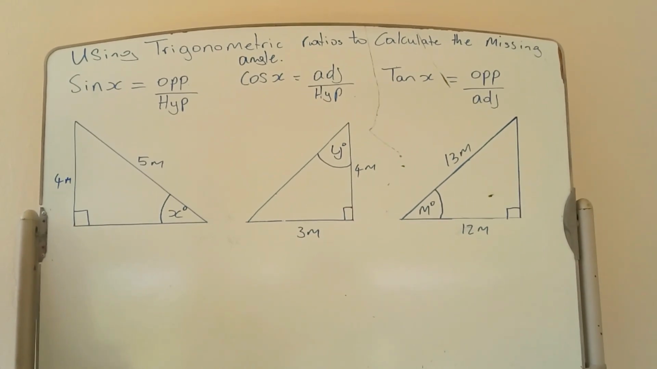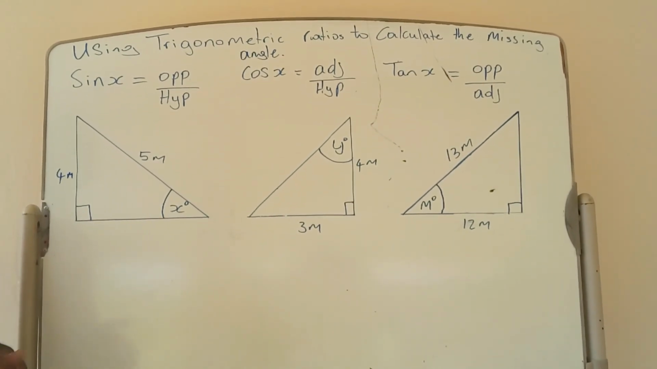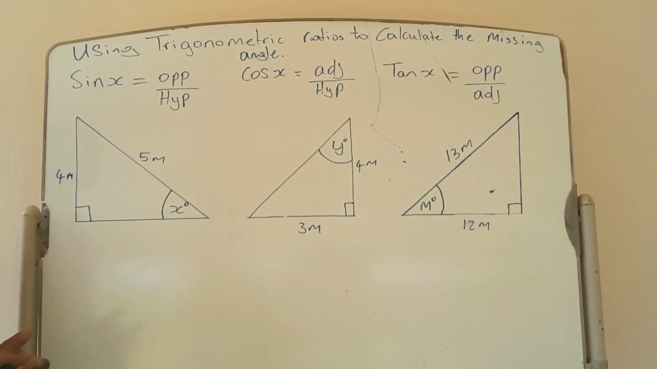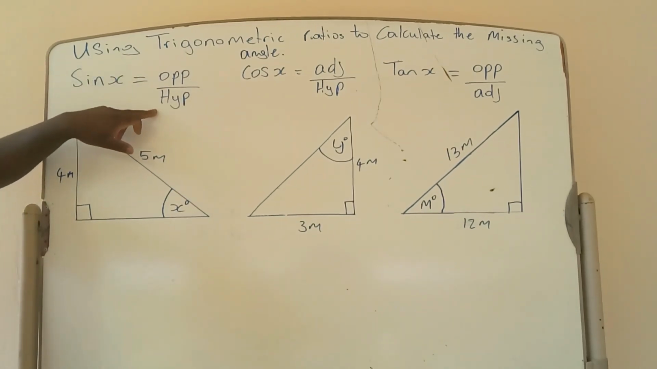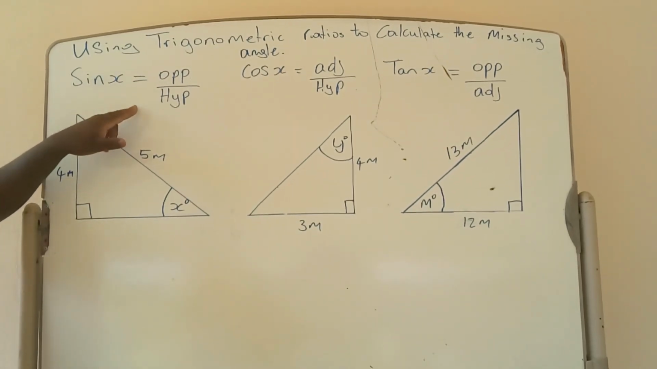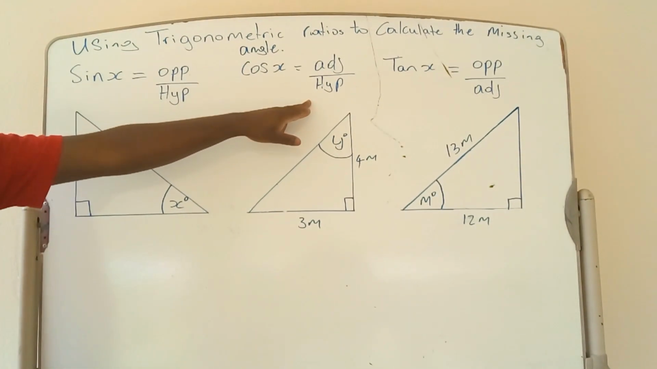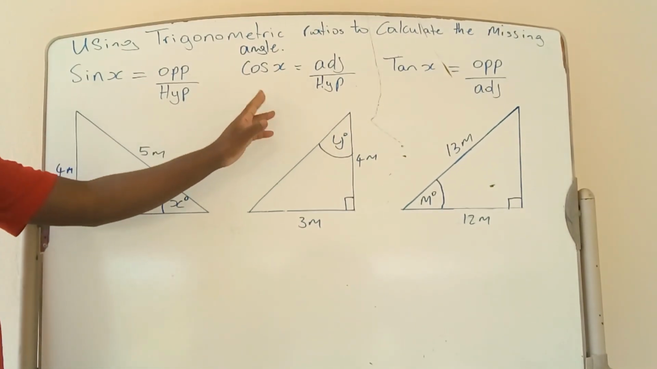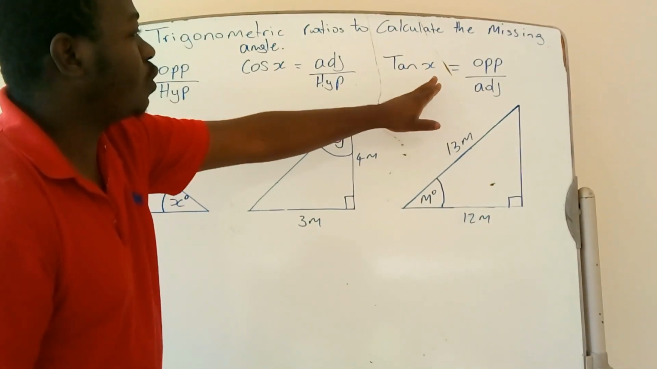Hello everyone, our focus for this video is to be able to use the trigonometric ratios to find the missing angle of a given right angle triangle. As you know, opposite over hypotenuse is associated with sine of an angle. Adjacent over hypotenuse is associated with cos of an angle, and opposite over adjacent is associated with